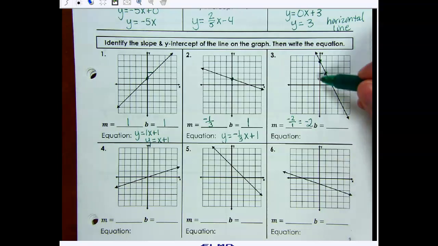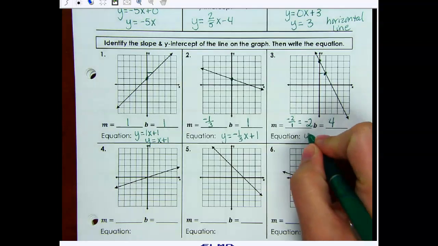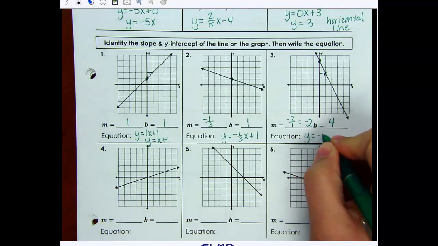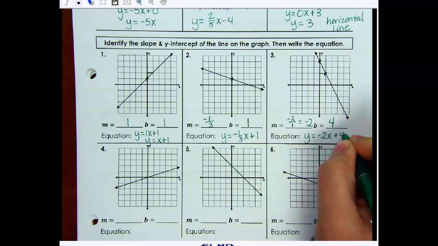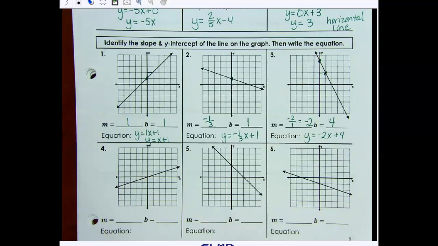And then the b is up here where it crosses the y-axis, so that's at 1, 2, 3, 4. So that means when we substitute these in, we're going to have negative 2x plus 4. Okay, that's all you do. Find the slope, find the y-intercept, and put them into the formula. All right,